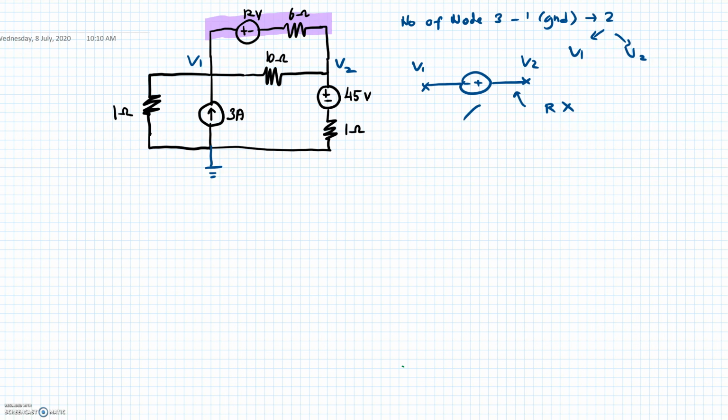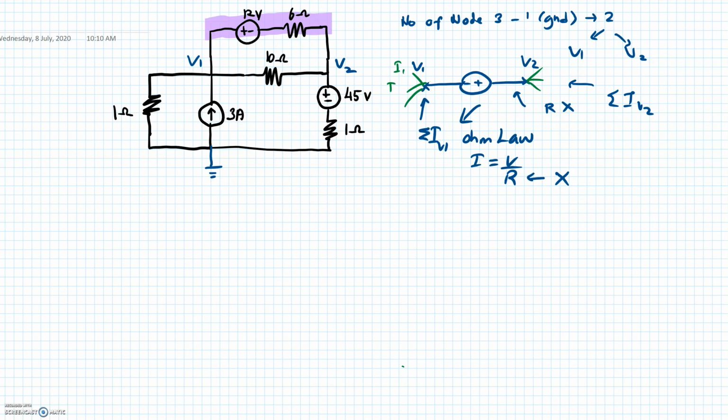So it means that you cannot use Ohm's law, which is I is equal to V over R, on that branch. So there is no R at this branch. Therefore, we call that a supernode, which means you have to add all the currents at V1, and add all the currents at V2. For example, if you have a current here,